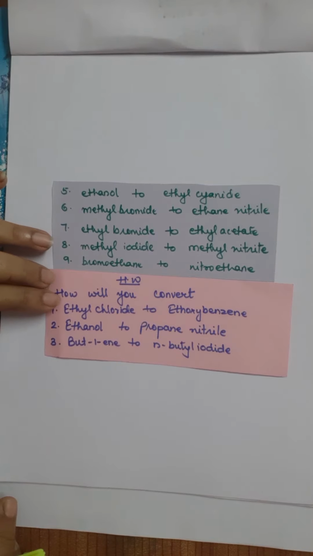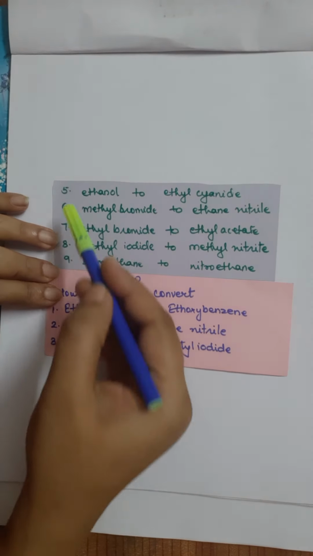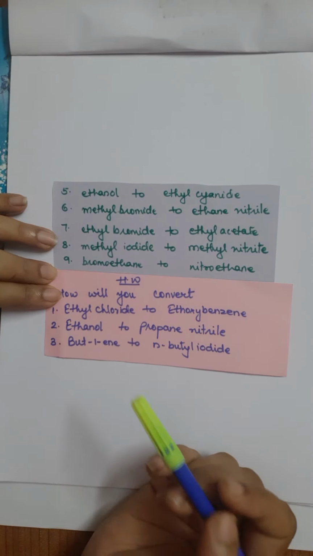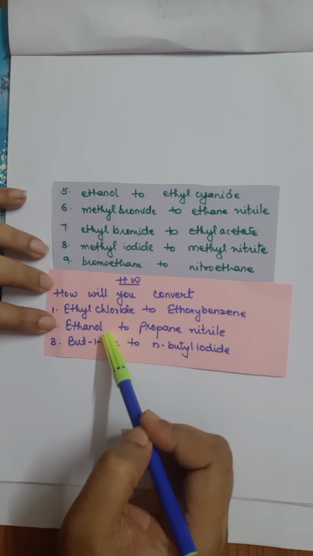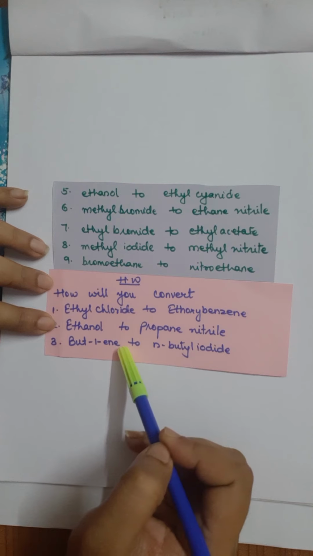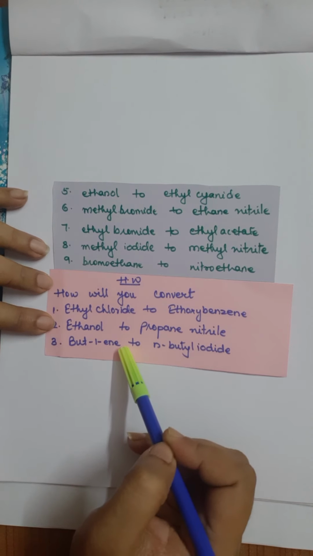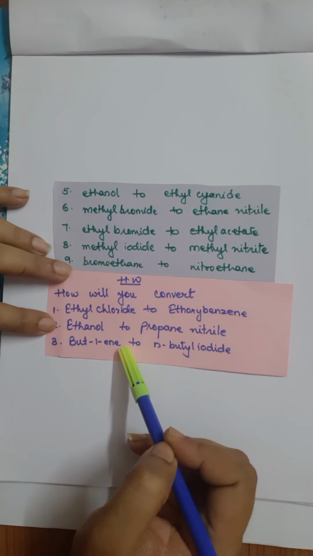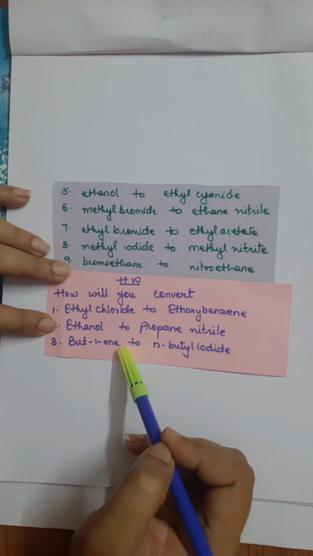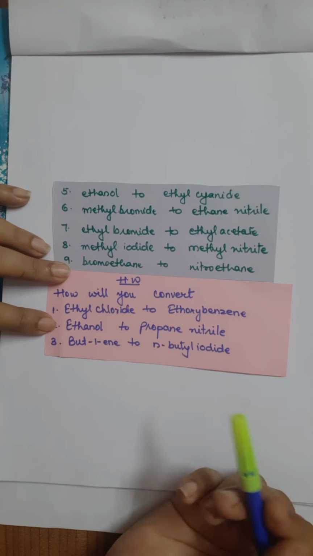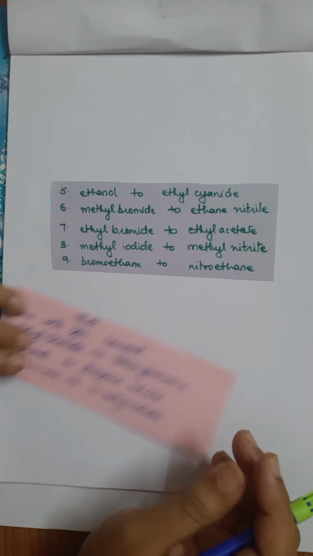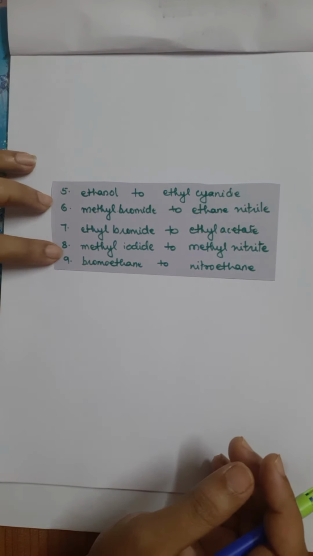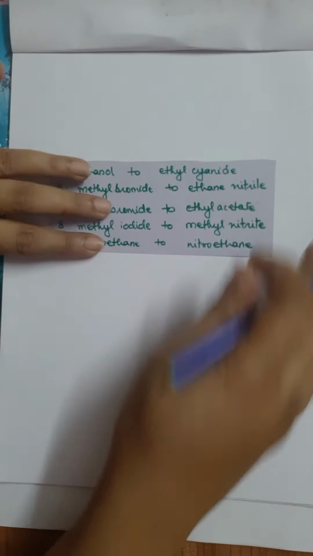So last lecture we were doing the nucleophilic substitution reactions of alkyl halides or haloalkanes, and we were doing some example reactions, and I told you that I will be continuing with this in the next lecture. So these were the examples and these are the homework questions that we have to do. So if you have tried this, very good, otherwise you can just check how to do them, and please learn these reactions, go through them, practice them as much as possible so that you can find it easy while writing it in the exam. So first reaction here is ethanol to ethyl cyanide.